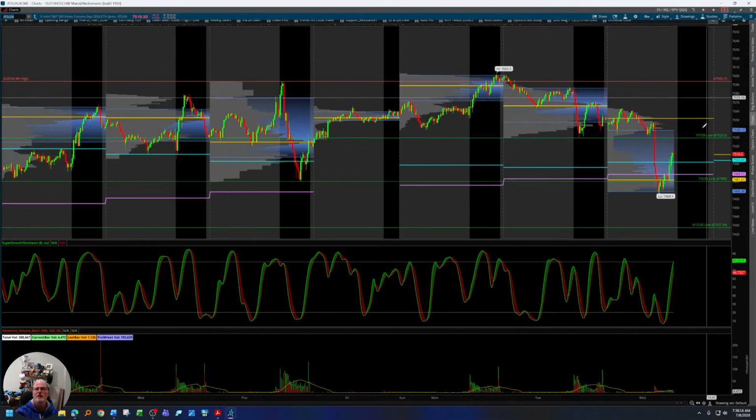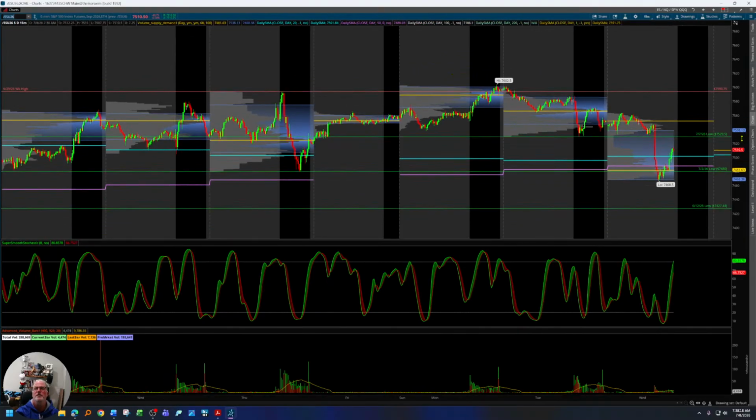Okay, let's go over to ES. Nothing's changed on our levels on the ES. Today you've got to watch this low of 75.2950. If you pop in there, you could possibly get a break and retest and fade that low. However, we are above the 50-day moving average. The 50 is sitting at 74.8794, and we are below the 20-day moving average at 75.01.